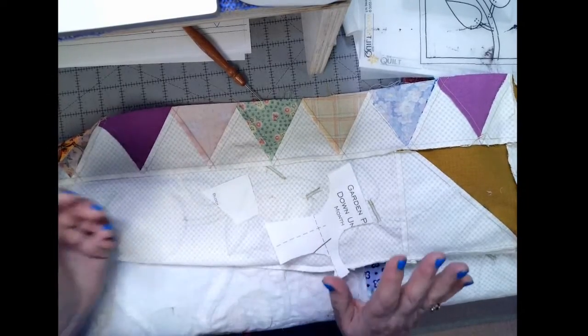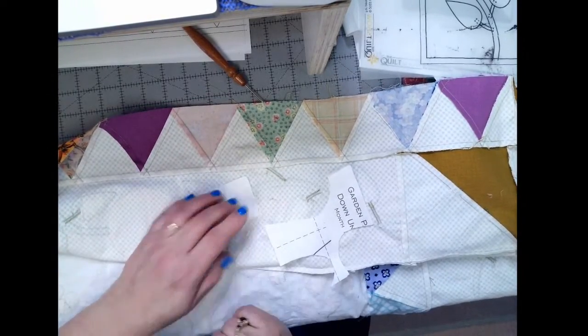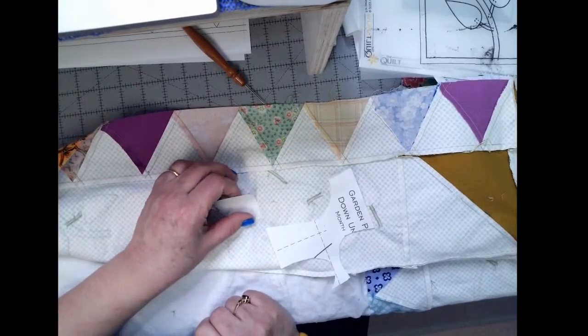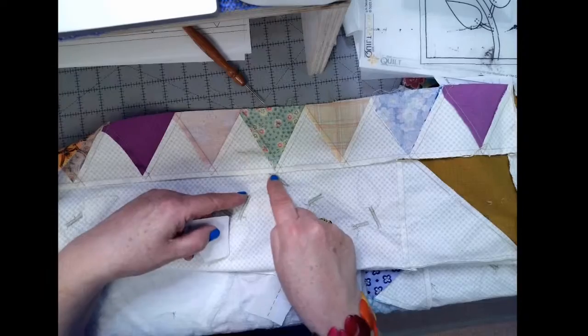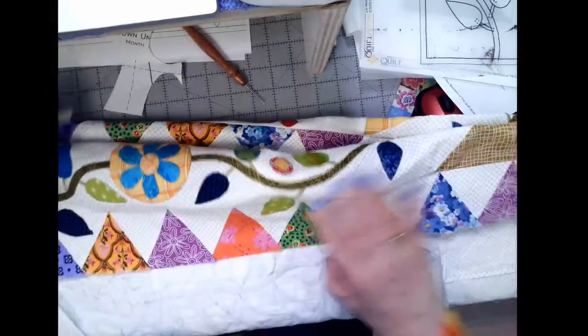I'm not securing it forever. I just want to hold it there long enough to do the stitching. So I had 2 here and I had a piece here and another piece over here and one over there. Once the stitching had been done all the way, for I did all 12 of these,